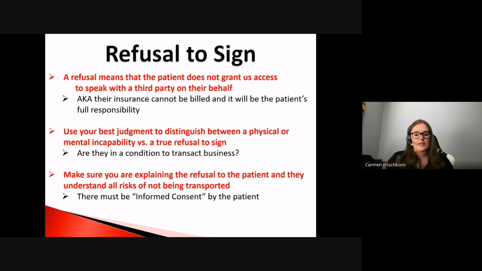Last thing, when you're talking about SORs and a patient refusing to be transported, even though they are signing off on the form saying they're refusing to be transported, and there's a whole blurb about all the associated risks, please make sure that you write something in the narrative about explaining all of that to the patient. Please mention in your narrative that you discussed all of the risks, including death, with the patient, and that they understood